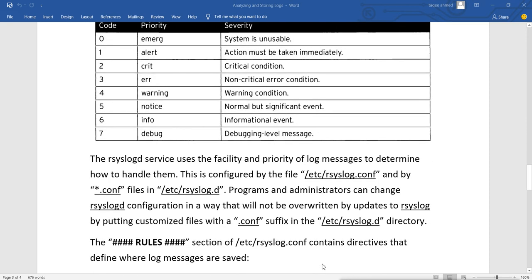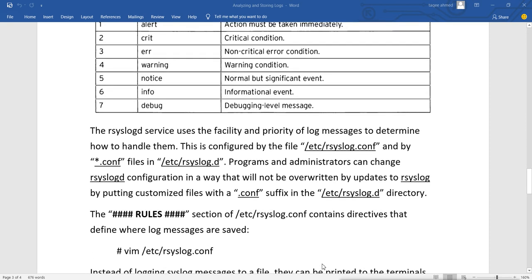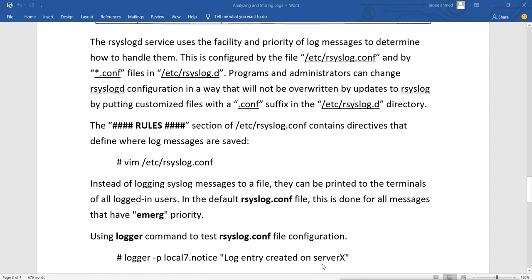Now the rsyslog service uses the facility and priority of log messages to determine how to handle them, and this is configured by the rsyslog configuration file, which is under /etc, and the file name is rsyslog.conf, and by the *.conf files in /etc/rsyslog.d, which is a directory.